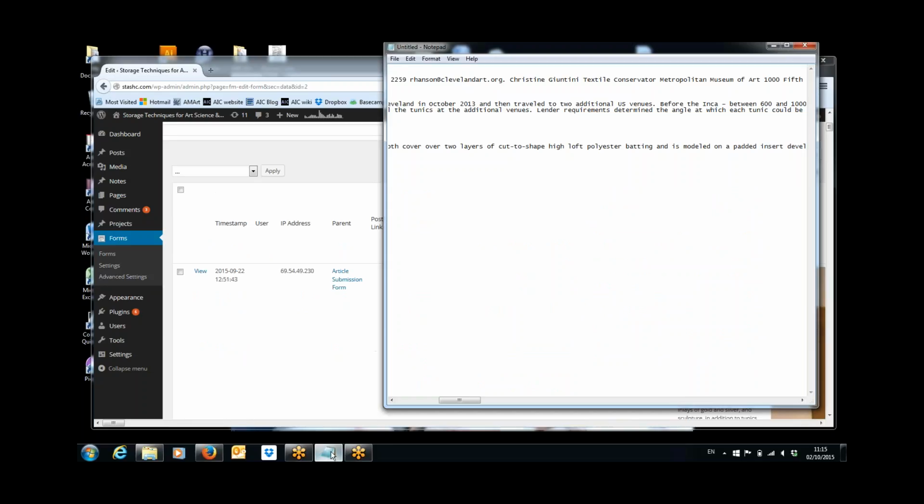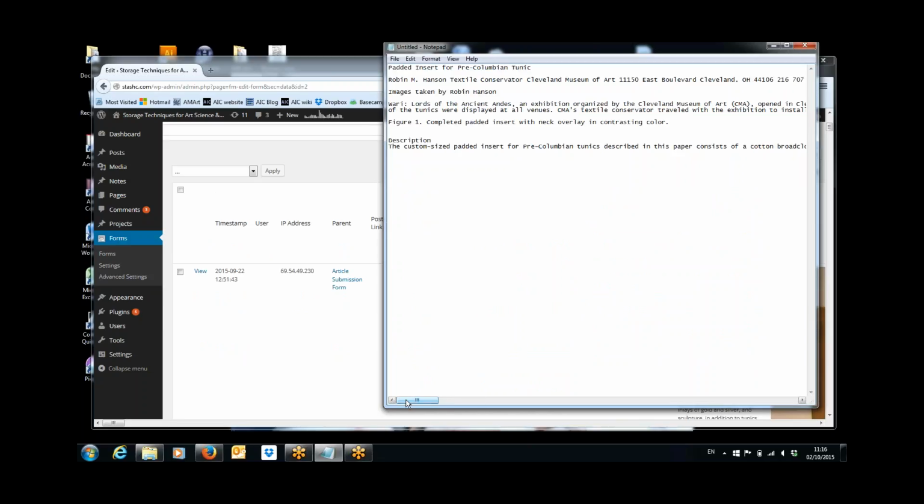You see I've opened the notepad on my computer, and the thing that's good about Notepad as opposed to a Word document is that it's a plain text format, so it strips out any of that weird coding that may make your entry funky when you put it into the page builder. So I've already copied and pasted the title, the author information, and